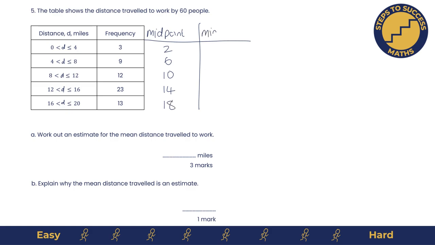Now you need another column. Frequency times midpoint. So we've got 3 times 2 is 6. 9 times 6 is 54. 12 times 10 is 120. 23 times 14 is 322. And 13 times 18 is 234. And if we add those up, we've got